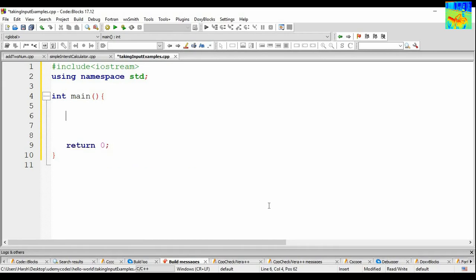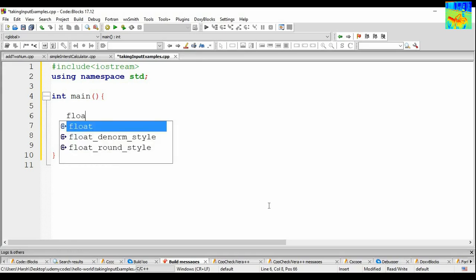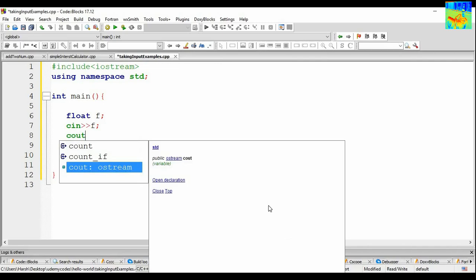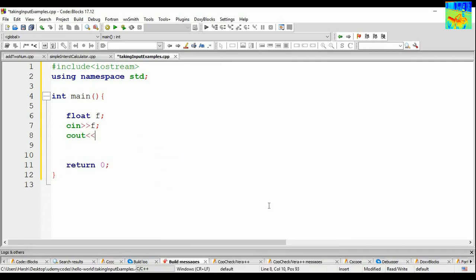Okay, so first of all, let's take floating values as input. So float f, declare a variable f and then cin f and then cout you entered f and then end line.